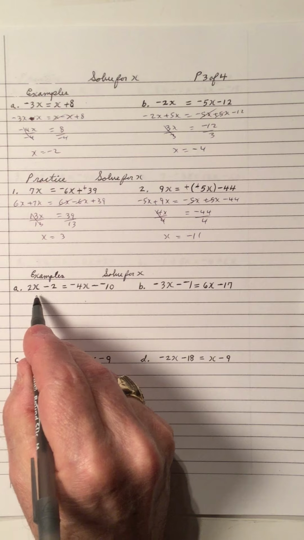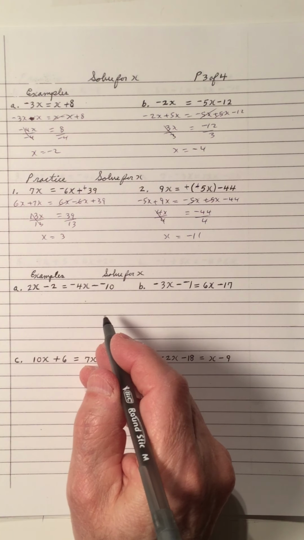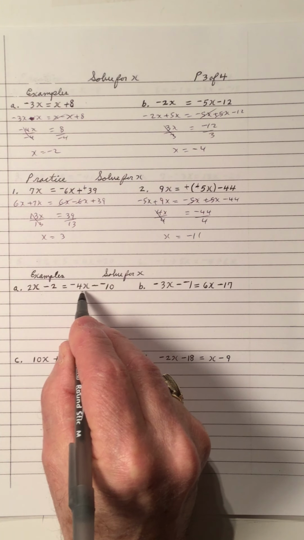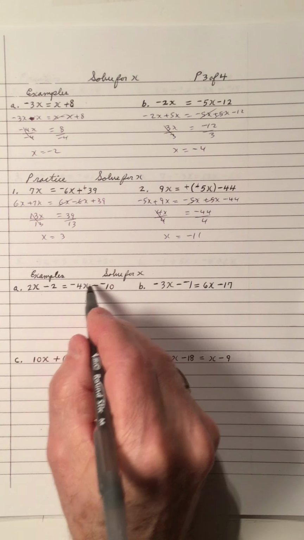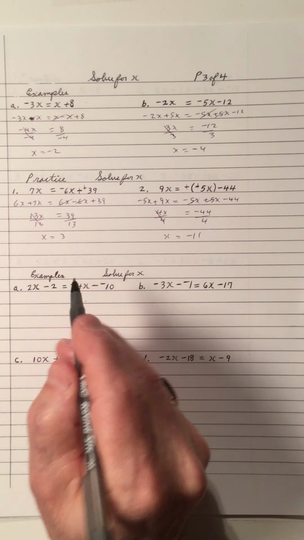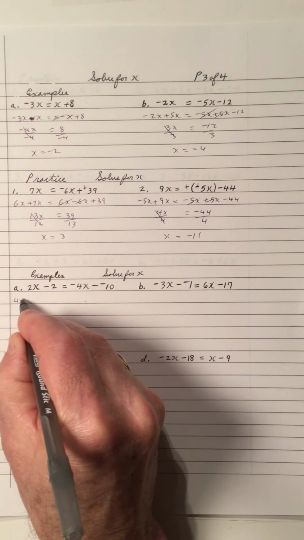I'm going to add on. You could do the x's and then do the numbers, or you can do them all at one time. It's your choice. But if the x has to move, I have to add 4x to both sides, and I have to add 2 to both sides to move the 2. So if I add on the 4x,